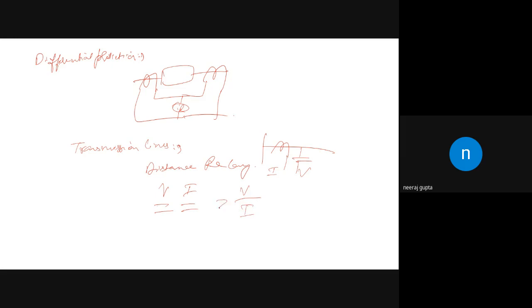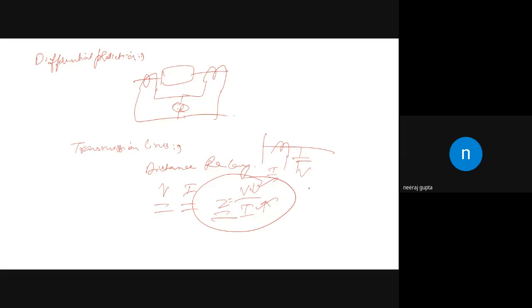There are various types of distance relays that we can discuss, but the basic concept is that it compares the voltage and current at the same point, and it measures the impedance between the relay location and the fault point. Impedance can be measured by the comparison of the voltage and the current. Whenever a fault occurs in the system, there is an increase in the current and a decrease in the voltage. So Z will be affected because of that.